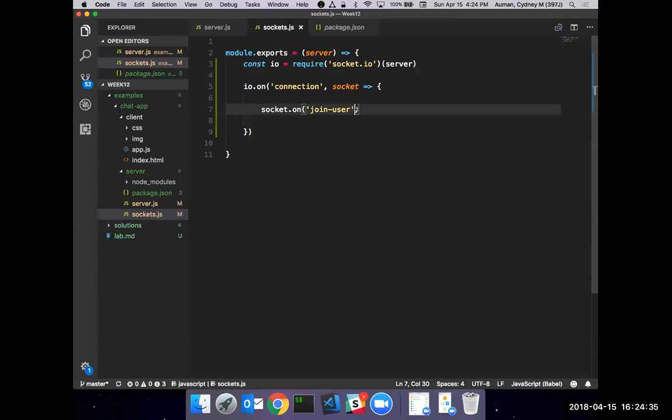And so when this event happens, I'm going to expect to get a username from my client. My client is going to say, hey, a user would like to join this chat room, and here, let me give you their username so that you know how to deal with them on the server side. I'm going to say, okay, no problem, thank you for this username. And then I'm going to be able to create something with this username.